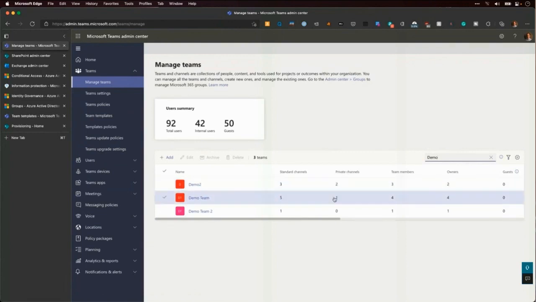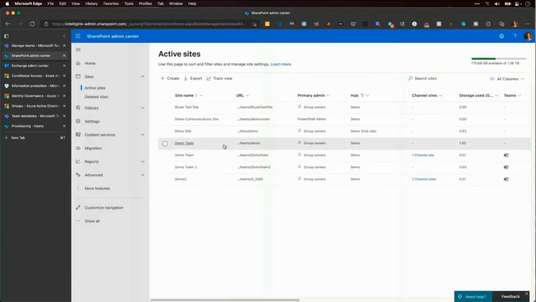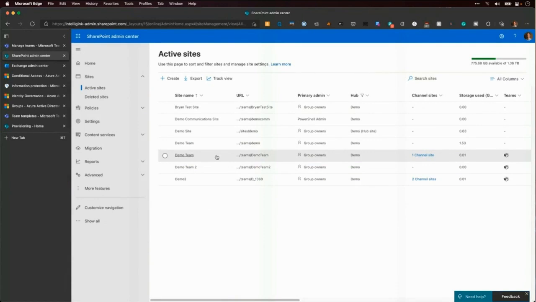You can also see private channels are associated over here. Things you need to be aware of when all these are connected: if I'm my SharePoint admin and I go over here, all of a sudden, here are those same three teams. These are the active SharePoint sites associated with those Microsoft Teams.